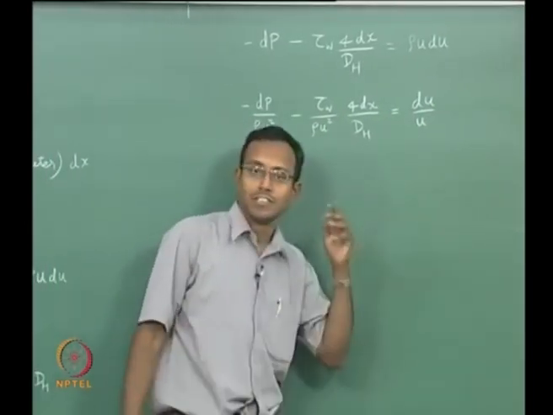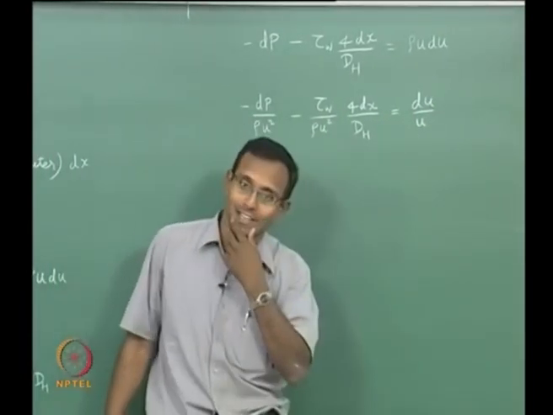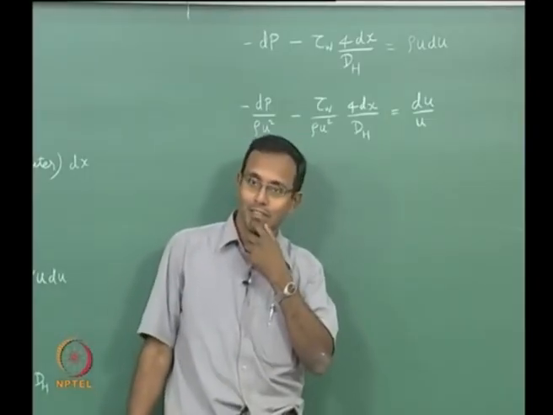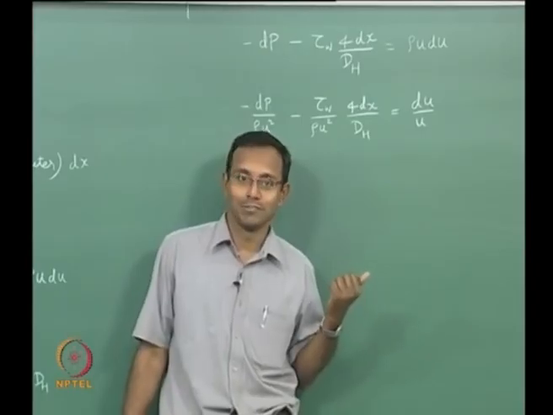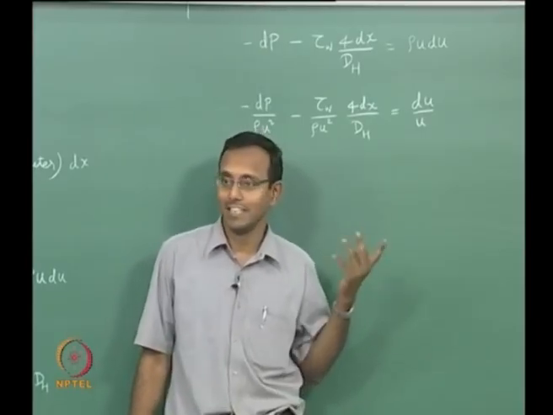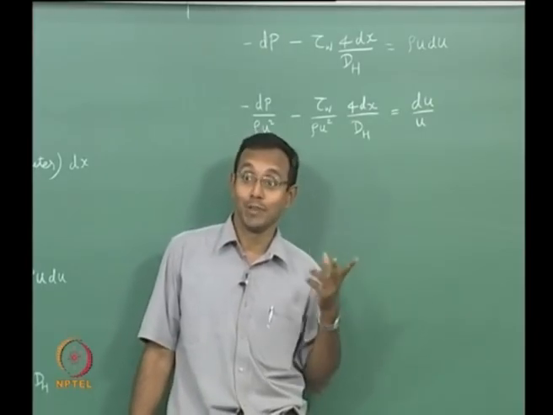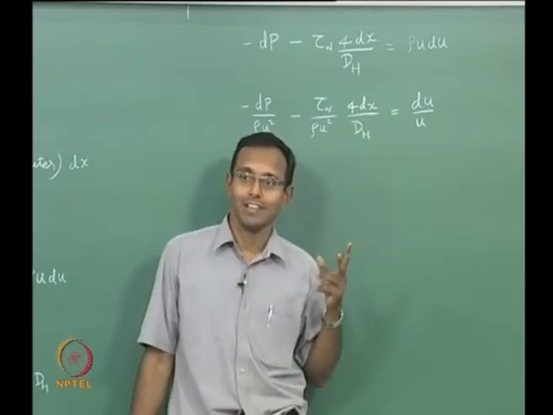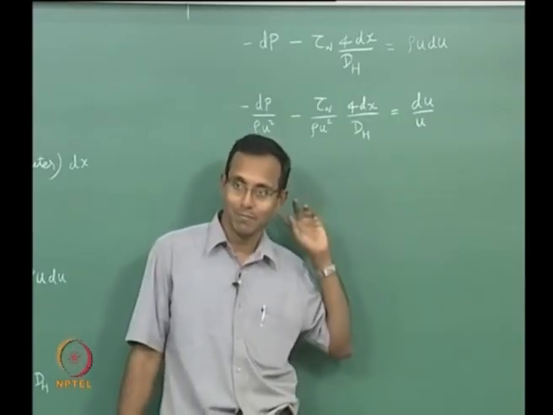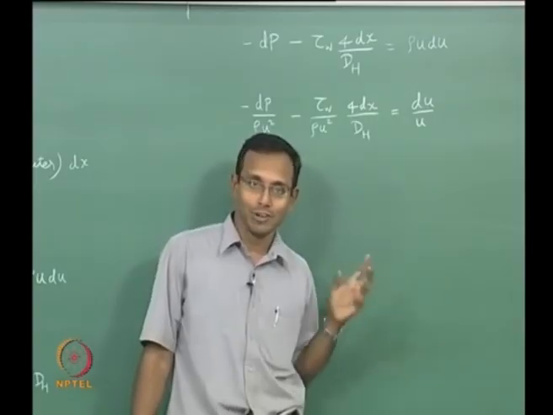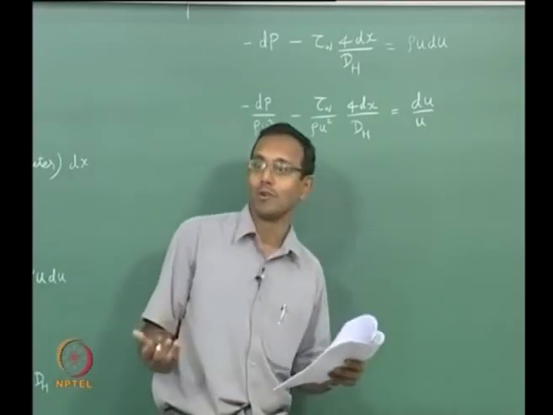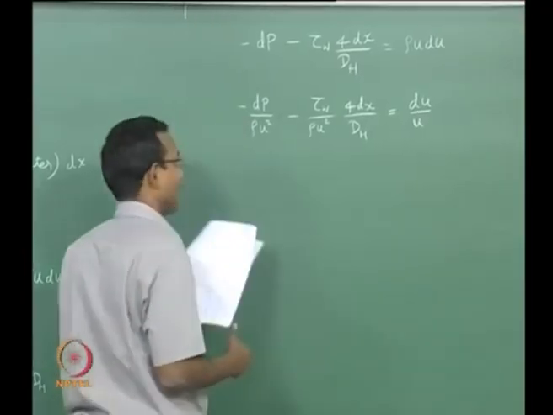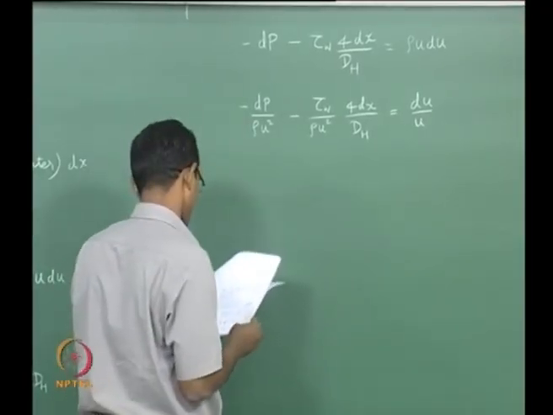Okay. This is the situation I have. I divided by rho u square. Can any of those terms be 0? You keep checking with this. If there is flow, u cannot be 0. And density can never go to 0, assuming continuum, that is. When you are dividing something for the whole equation, you should always make sure you are not dividing by 0 ever. If you divide by 0, math does not hold anymore. Do not ever do that. It can never be 0 in any continuous situation. That is what you have to think about.